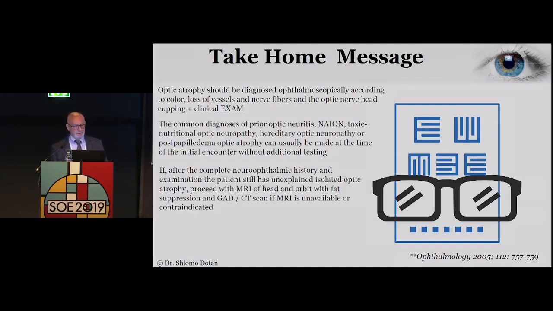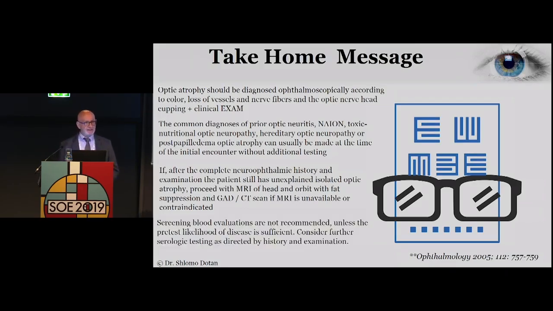But if after the complete neuroophthalmic history and examination, the patient is still undiagnosed and has an isolated optic atrophy, you have to proceed to imaging. And of course, we're dealing with an MRI of head and orbit with fat suppression, or CT, wherever it's contraindicated. And by the way, in his review, there were 20% of cases where the isolated